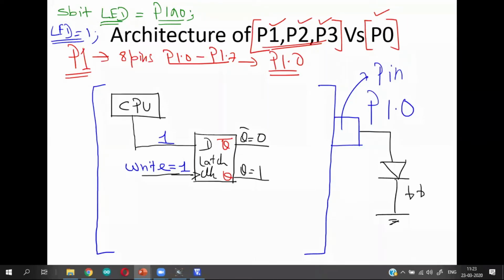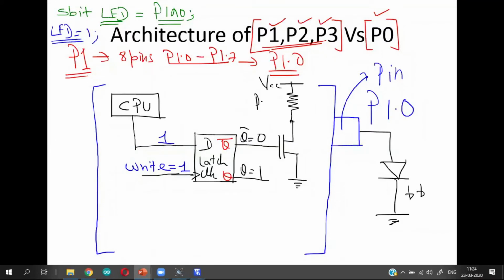Okay. Now, what is present inside this particular microcontroller's port pin is that the Q bar output is basically driving a MOSFET present inside your microcontroller. One end of the MOSFET is connected to ground. The other end of the MOSFET is connected to the power supply through a pull-up resistor.